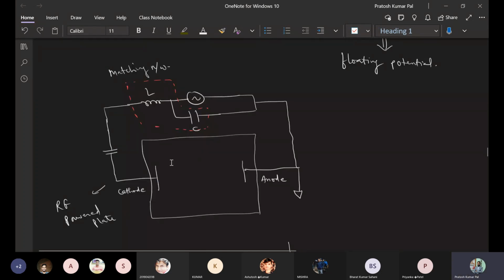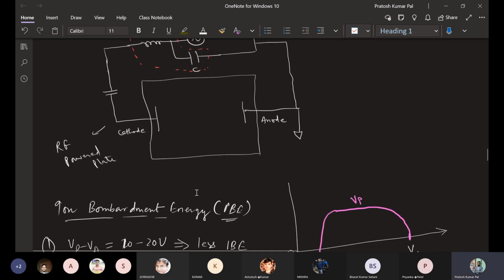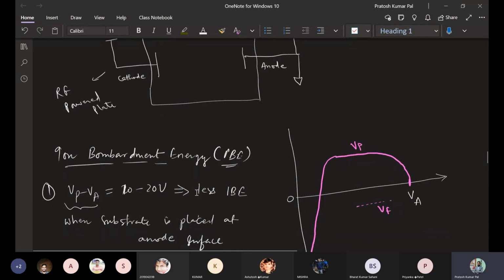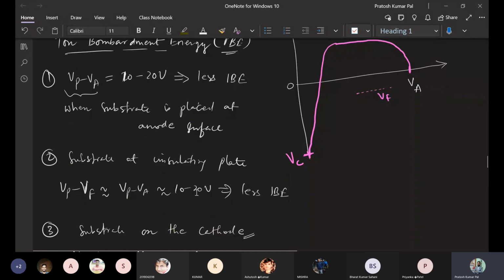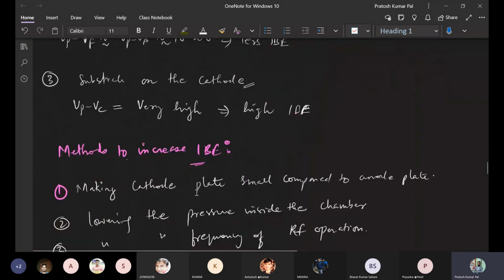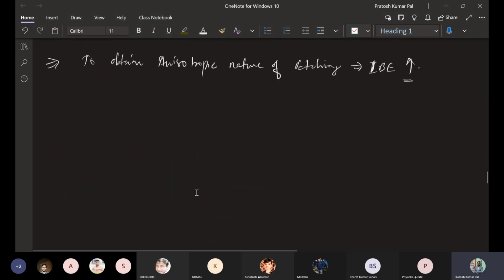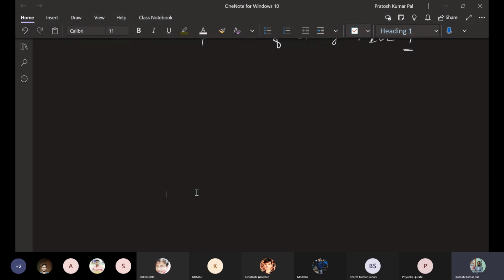In that, we were basically going to create a high energy ion beam, and that ion beam will be constituting positive and negative charges, and overall we call it a plasma. Okay, so that plasma will be a high energy plasma that will basically help in removing the selected portion of the semiconductor surface. So here we will be using a high ion energy beam.